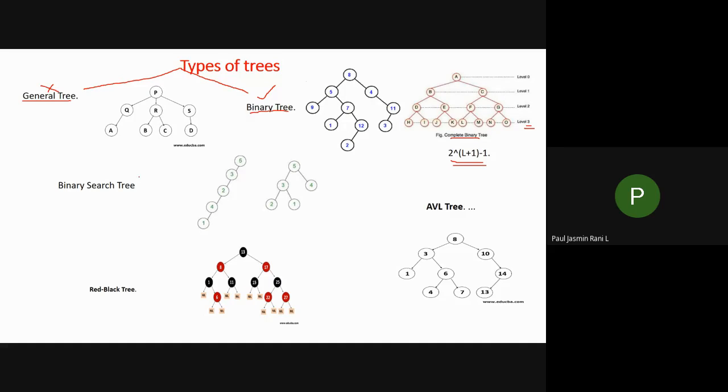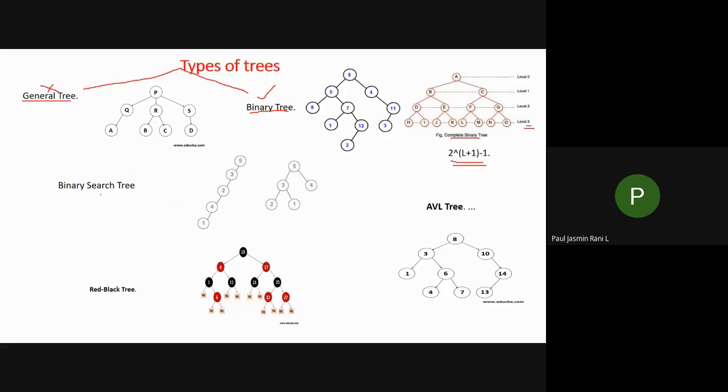So the next one is the binary search tree. What is the drawback of a binary tree? Searching for particular content will be very difficult. Therefore, here you are going to follow one procedure: the elements present in the left subtree will be less than the parent node, and the elements present in the right subtree should be greater than the parent. That we will discuss in our next classes. So this is the rule to be followed, and in order to speed up searching, they went for the binary search tree.